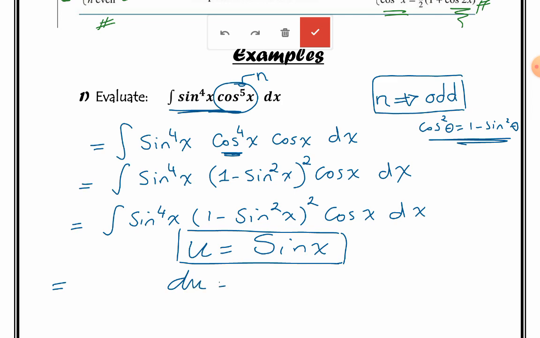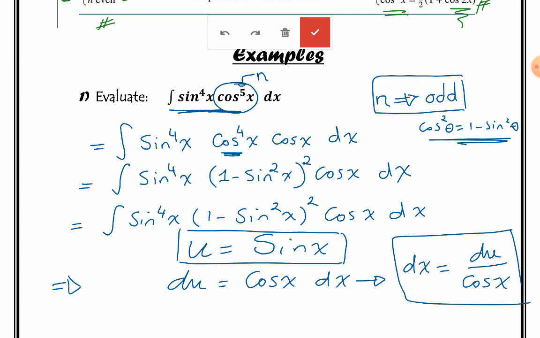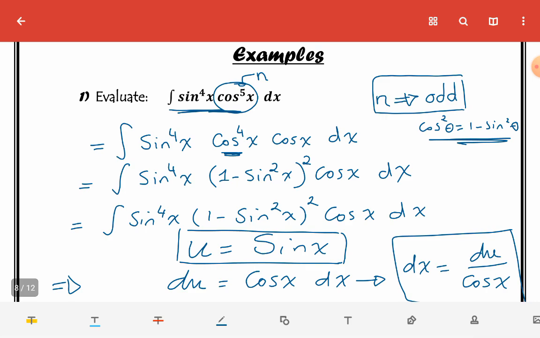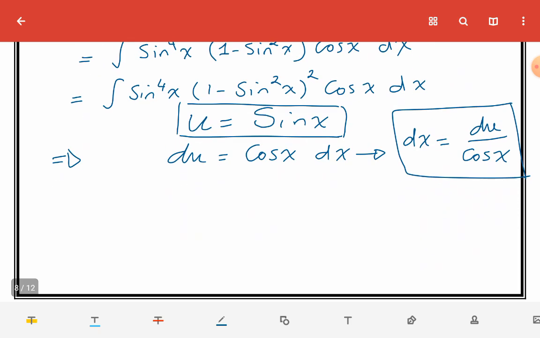So du equals, yes, what's the derivative of sine? It's cosine x dx. And from this relation, dx is equal to du over cosine x. This is the dx and this is the u. By using these two facts,